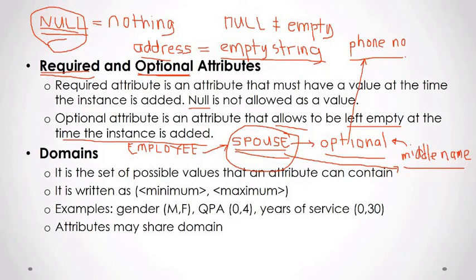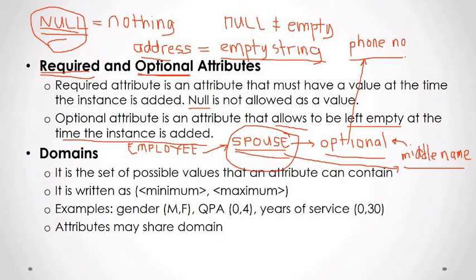So, not all people have a phone, either a mobile or landline. So, it's not a good idea to have that attribute, phone number, be required. It should be optional, unless the company will require all applicants to have a phone. Well, if that's the case, then it's another story. But without that policy, then that should be